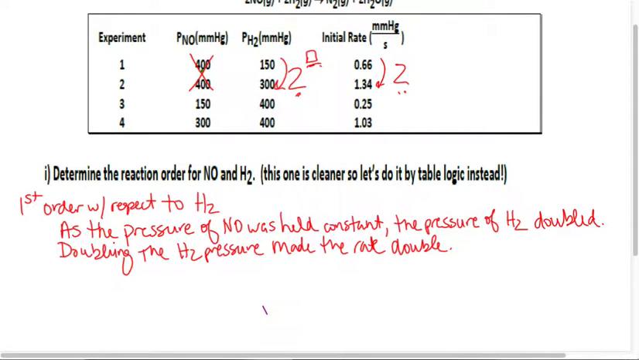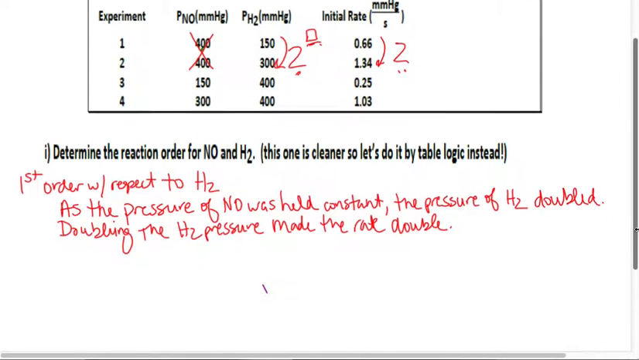All right, let's do the next one. We're going to keep the other one constant. We're going to keep H2 constant. So what experiments? 3 and 4. These are constant. So what exponent happens to this in order to get this change? What did we do here? Doubled it. What did we do here? Quadrupled it. So what does that exponent have to be? It's 2. So this is second order